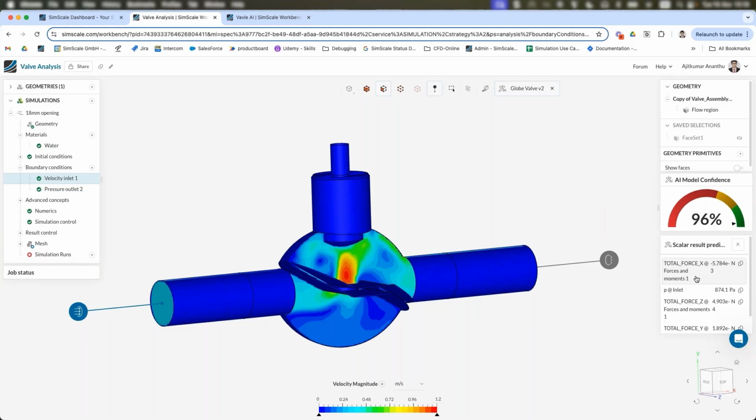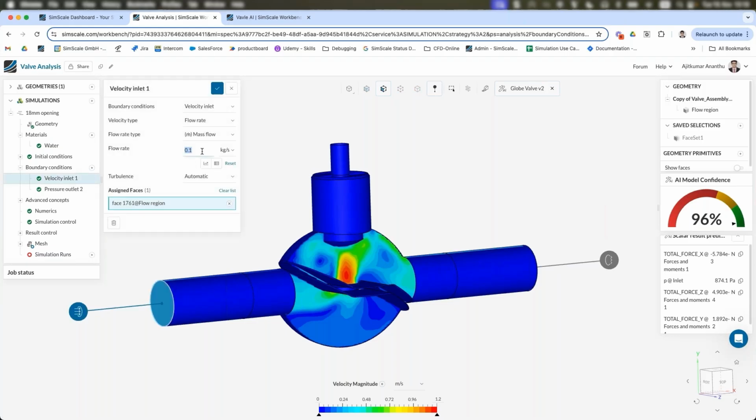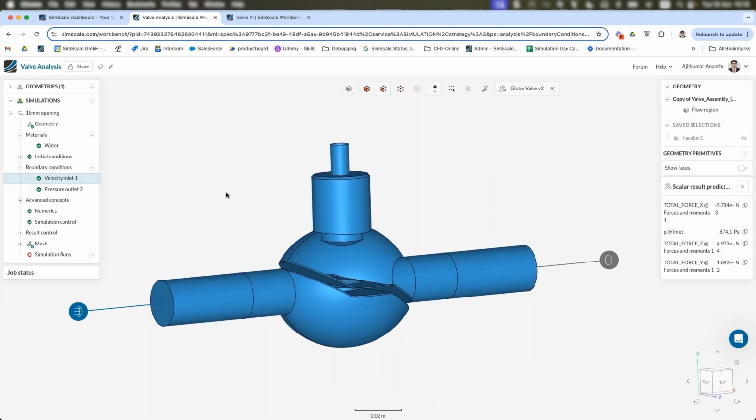For example, we have the total force in X, Y, and Z directions. In addition to that, we also have the pressure drop according to the flow rate that we give here. For example, if you want to change the flow rate, let's say I want to use a different flow rate and I want to predict the results. All you need to do is change the boundary conditions and wait a few seconds for the new results to be predicted using the AI model. So let's wait for a few seconds and then